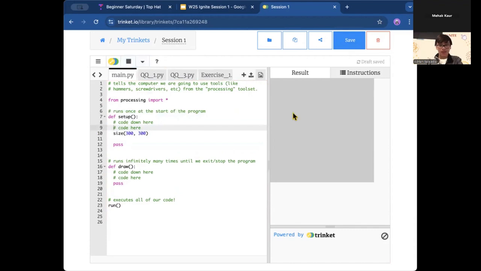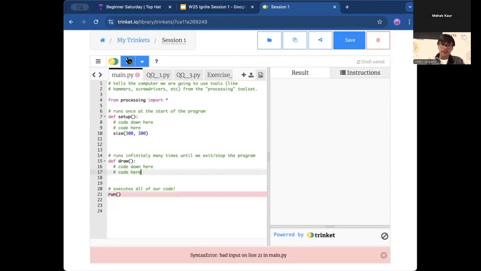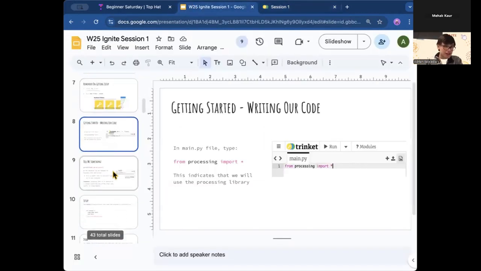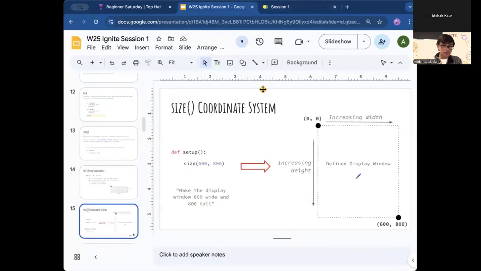If you see to the right over here, you see this little grayed out area? That's gonna be our workspace. And if you don't have this thing called pass here, it's gonna get an error, and that's fine. We'll cover that later. We'll fix that error later. But if we go back to the slides,